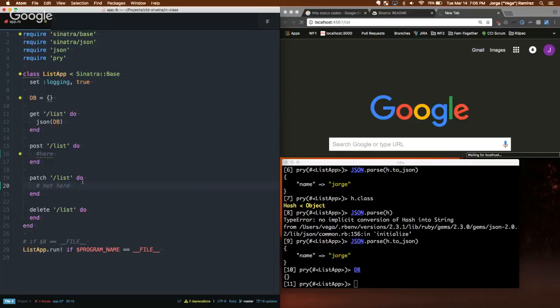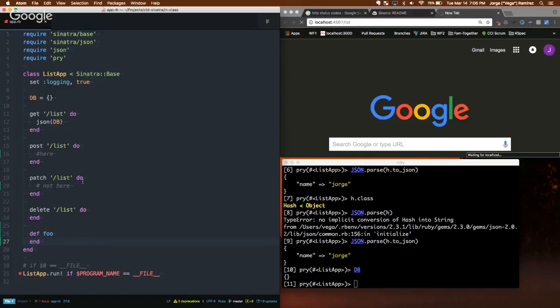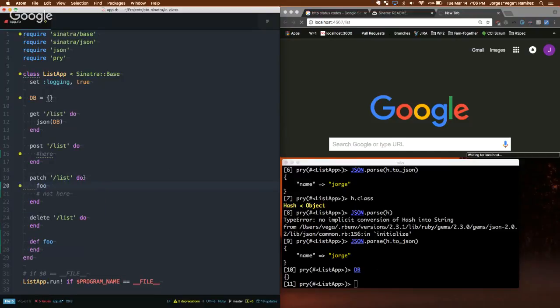Correct. However, if I have a method outside, I do have access to that in either of these endpoints. So that's a little bit of a difference from your regular Ruby, and that's what Sinatra brings into this